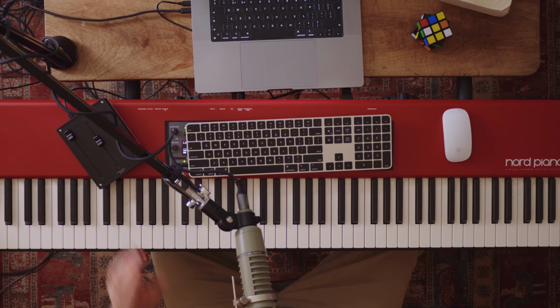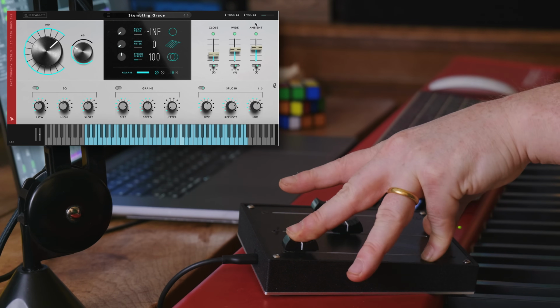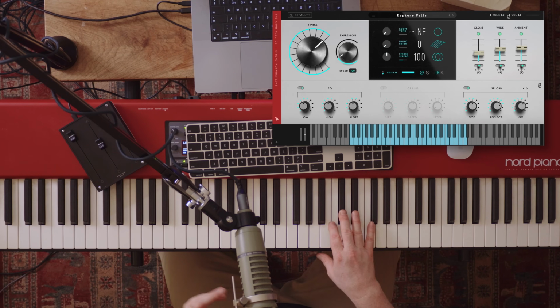The second is timbre, and in the case of this instrument, what we're doing is we're using this fader to mix between two timbral layers, then playing quietly and playing loudly. So you'll hear both a change in perceived amplitude or volume, but also a change in the tone from something softer to something more expressive. Now, what's great about having these two controls combined is it gives us greater tonal expression, but it also allows you to cheat things. So take this sound,